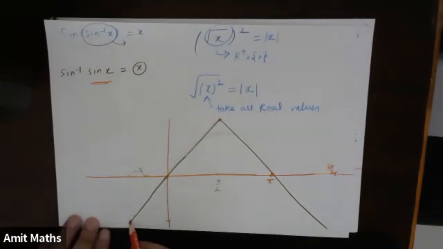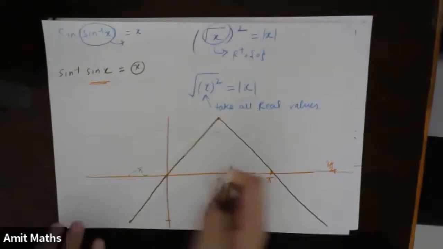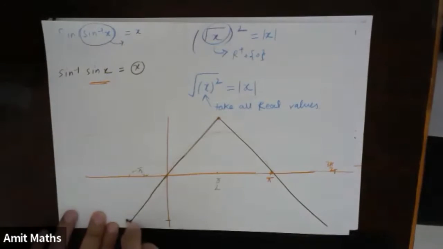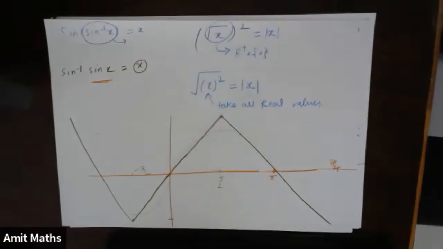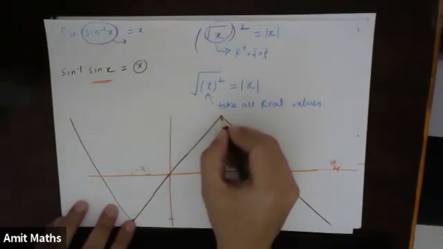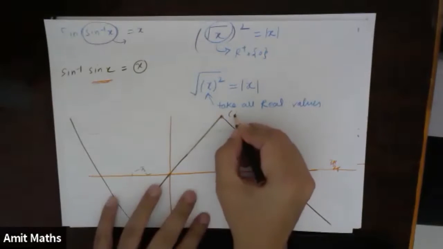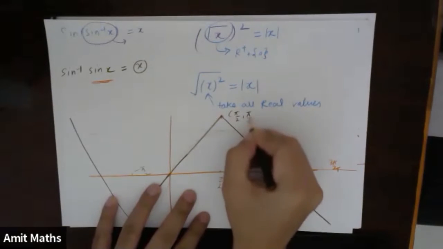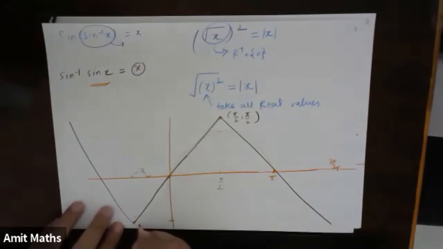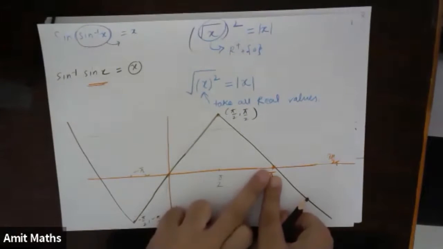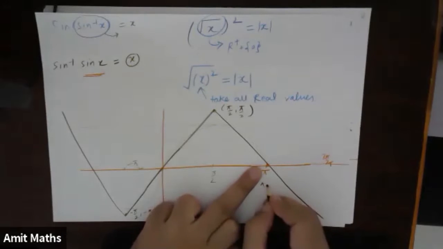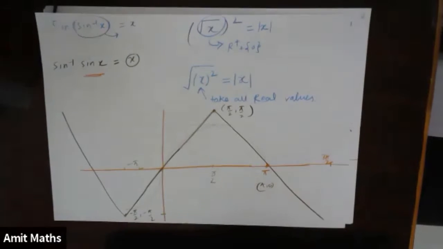Now if I take any value less than this, again this curve will be exactly however it has gone up, it will exactly go like this, and it will keep on moving like a zigzag, like teeth. Okay. So let's mark these points. This point will be pi by 2 comma pi by 2. This point will be minus pi by 2 comma minus pi by 2. This point is pi comma 0. Now yeah, I'll explain that part also, right?